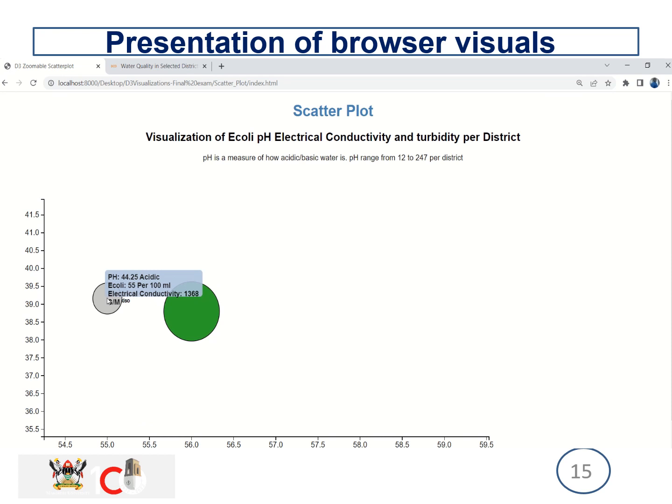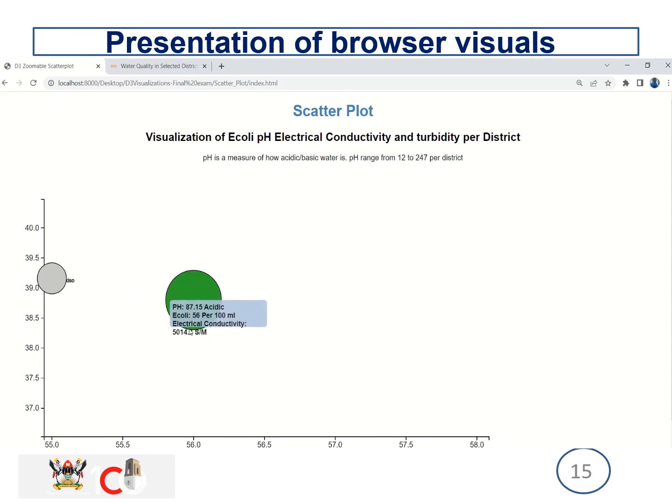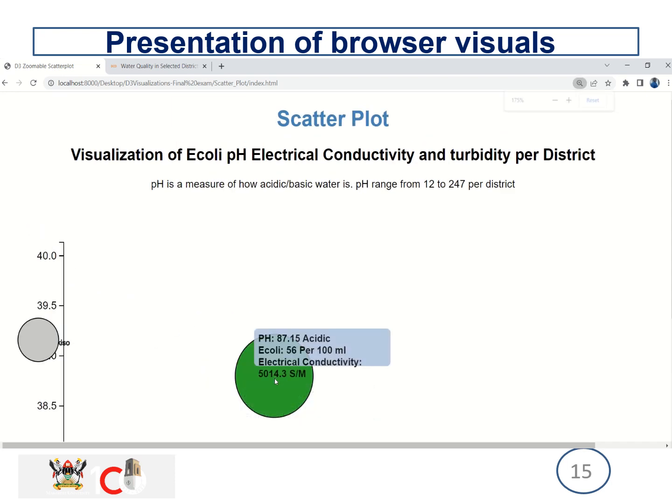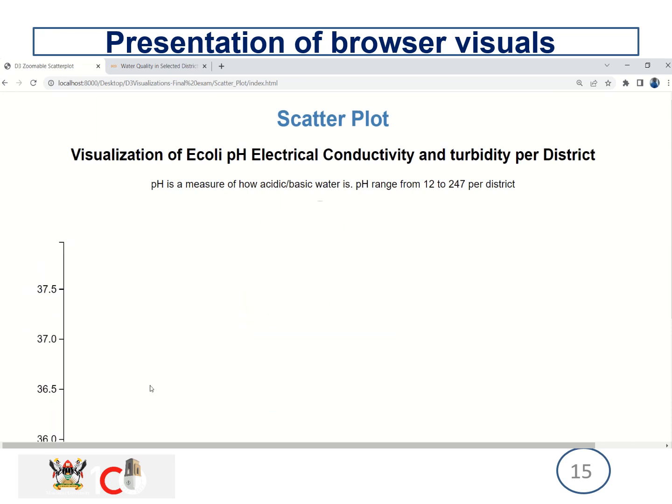In Wakiso, there is a pH recorded of 44.25. E. coli is 55 per 100 milliliters, and the electrical conductivity is 1368 per meter. And in this other district, you find that this is a district of